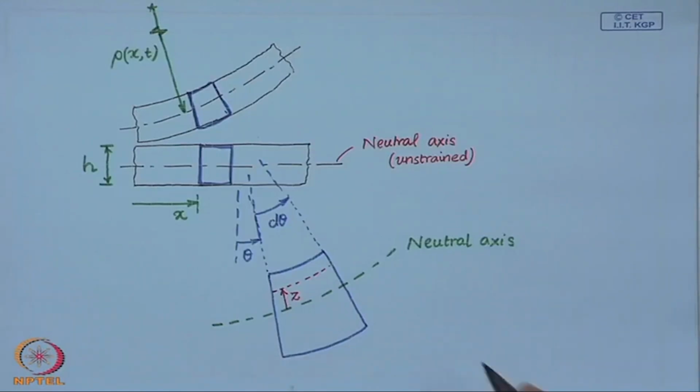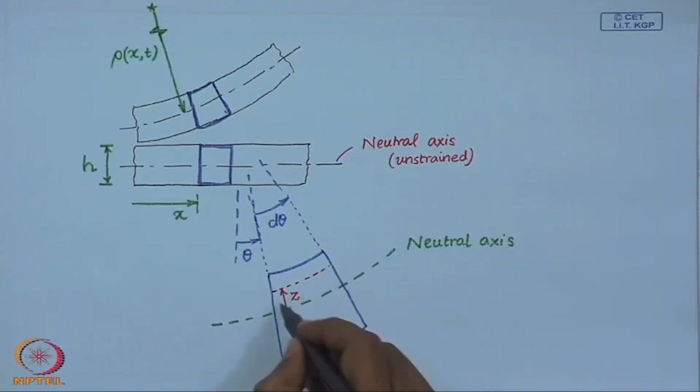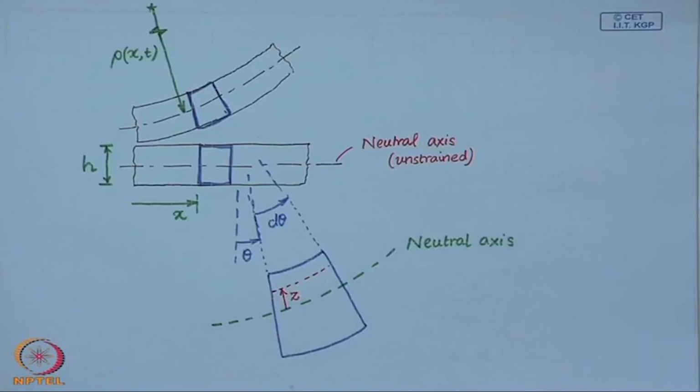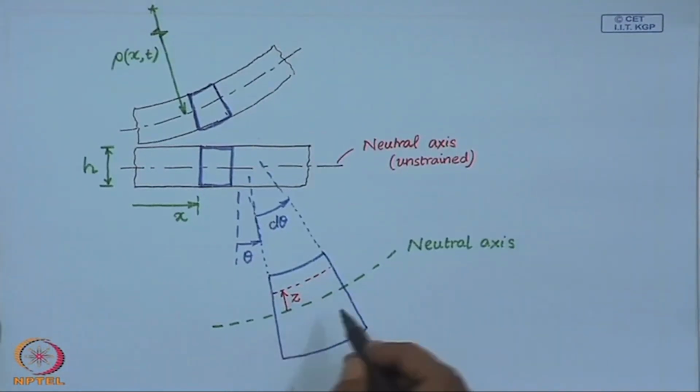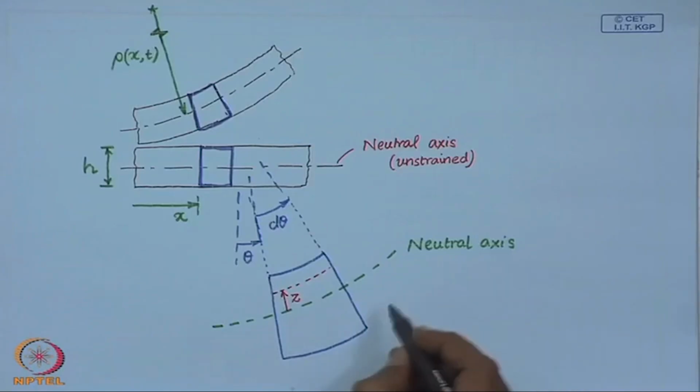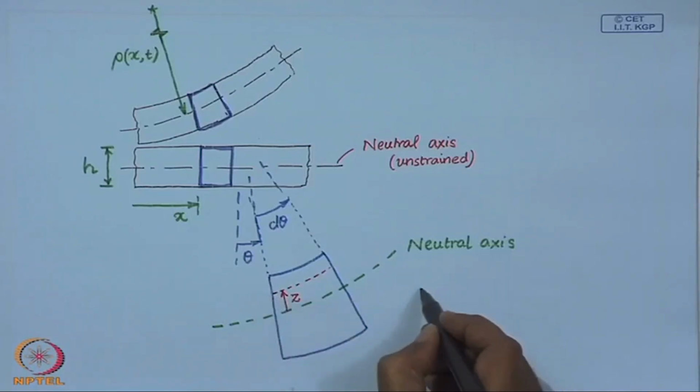First we are going to find out the strain in these fibers of the beam. As I mentioned, this neutral axis is unstrained. So, let us look at another fiber which is at a height z from the neutral axis or the neutral fiber. Then I can write the strain as,